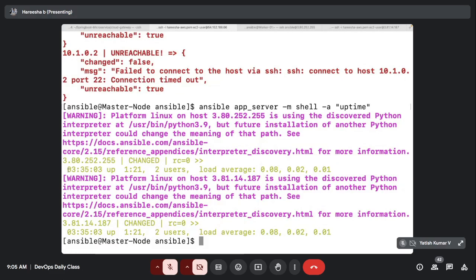See, 3:35:03, that's the current time. Uptime is 1 hour 21 minutes, 2 users, load average is 0.08, 0.02, 0.01. Yes. Similarly, I can run